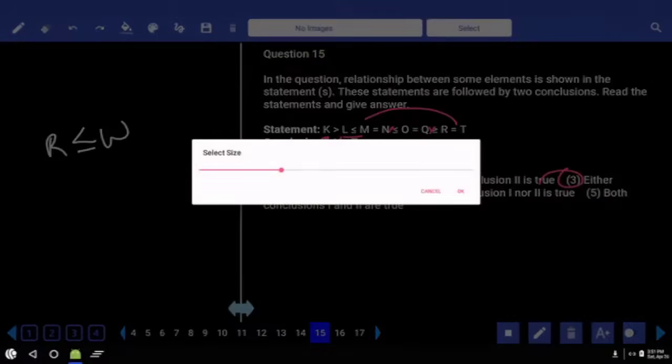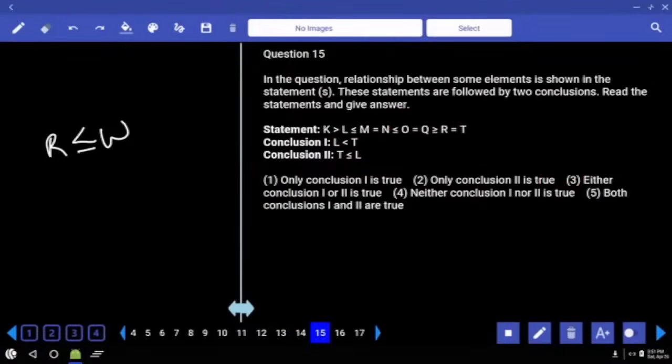Then 15th one, now in this question number 15, if you observe here, L and T. L lesser than T, L greater than or equals to T. Hence between these two, all the 3 symbols were given between L and T. Then you need to check out for opposite symbol. Opposite is there or not? Hence, L is either greater than or equals to, that is choice 3, question number 15.